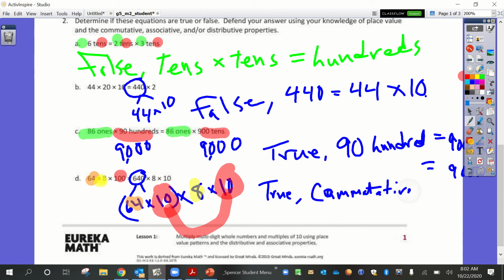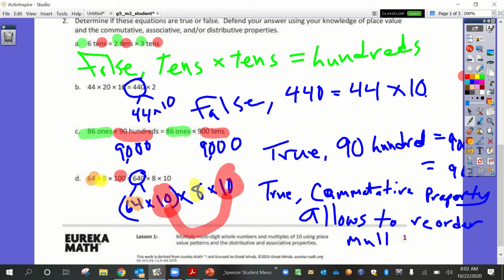Commutative property allows us to reorder multiplication. Now you can explain that in other ways, but it has to show your understanding of how to break that